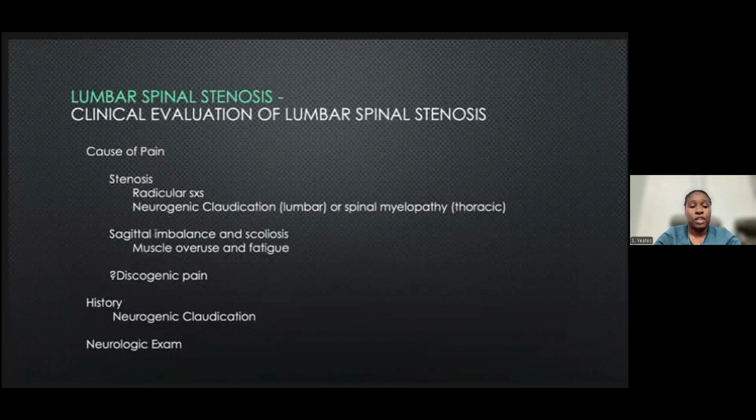You can also have neurogenic claudication in the lumbar area and then spinal myelopathy in the thoracic area. And I will touch on neurogenic claudication later on. Patients may also have sagittal imbalance and scoliosis as a result of degenerative changes. And this can place focal stress on specific spine structures, which may be painful. The muscles in the back sometimes can compensate for the imbalance, and this can also be a point of pain